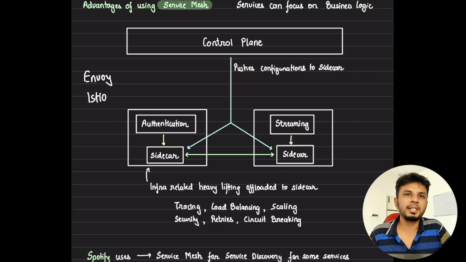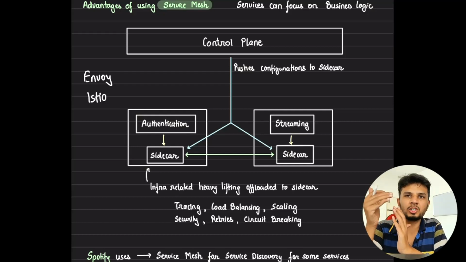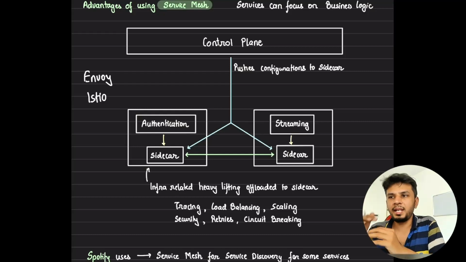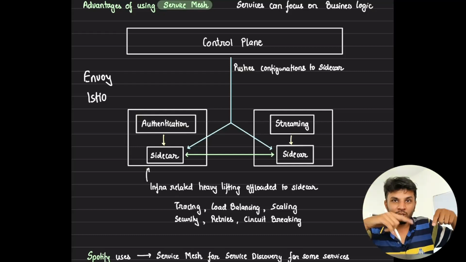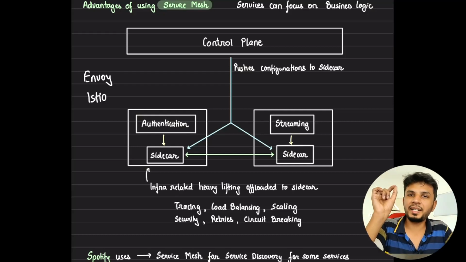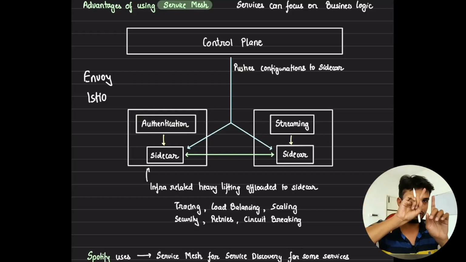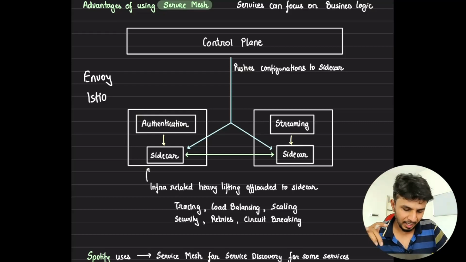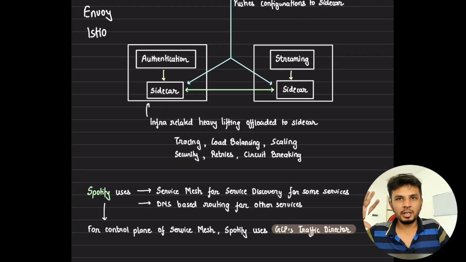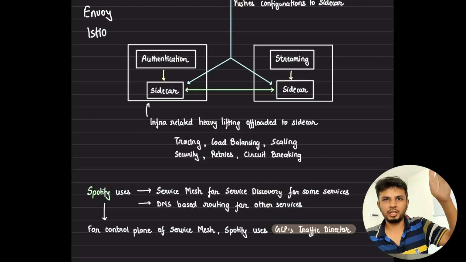On payments, I don't have this fancy sidecar setup, but I have a simple load balancer whose internal domain is, let's say, payments.spotify.com. Behind that load balancer, I have multiple instances running, each of them handling the same payments logic. So anyone who wants to talk to the payment logic can directly reach out to payments.spotify.com rather than going through a sidecar. This is a very static URL, so any service who wants to talk to it can directly hit that URL. So a few services were DNS based, and a few were based on the service mesh.